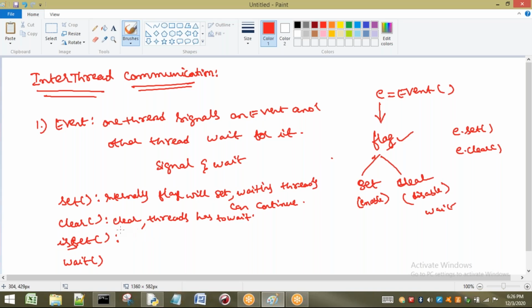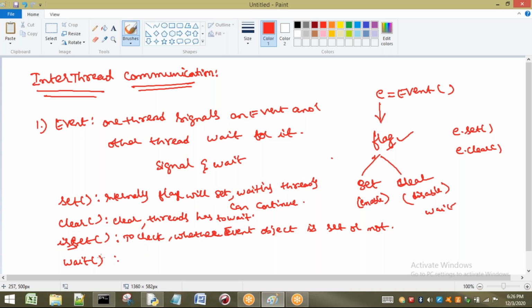Now I want to check whether that particular event object is set or not, so I am going to use the method called is_set, to check whether the event object is set or not. Wait means a thread can wait until some event is set.